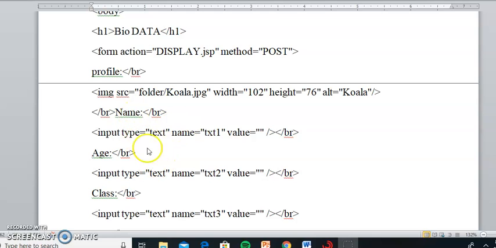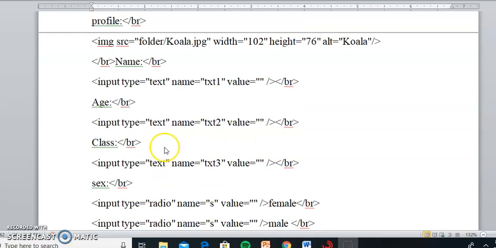Also in HTML, input type equal to text, name equal to txt1. This variable name is used to display the corresponding field you give as input.